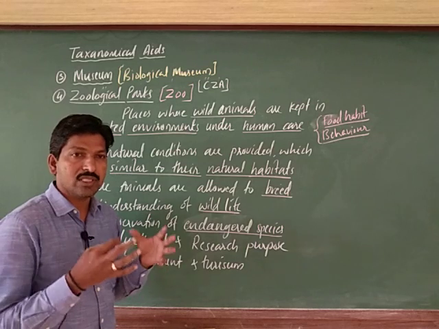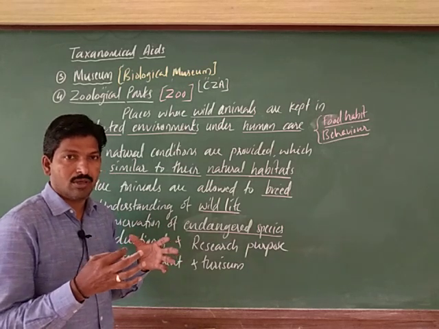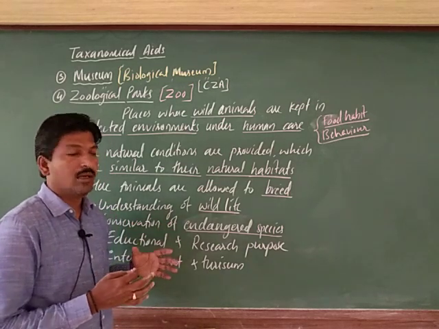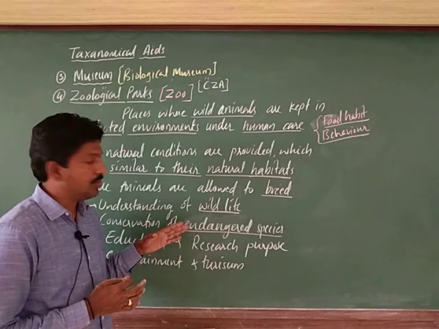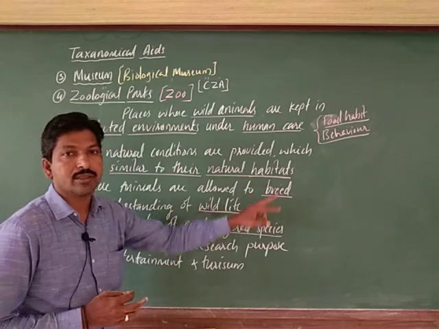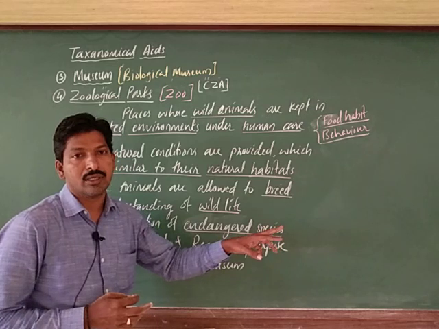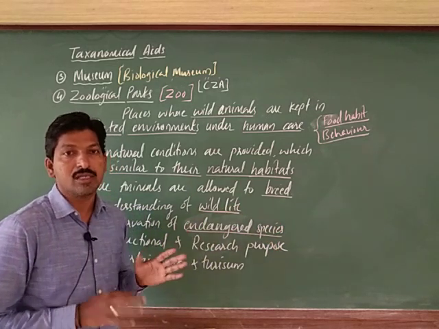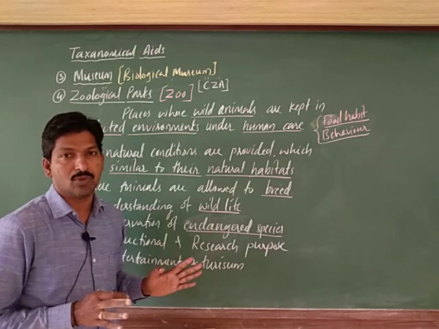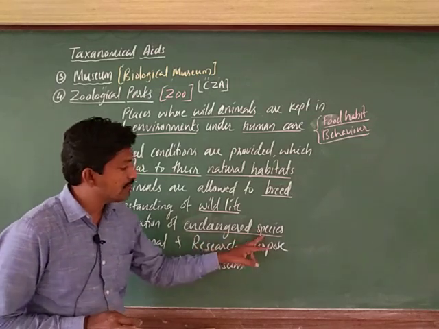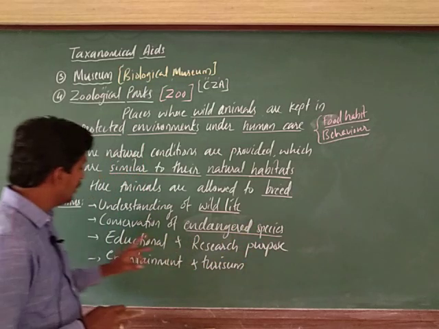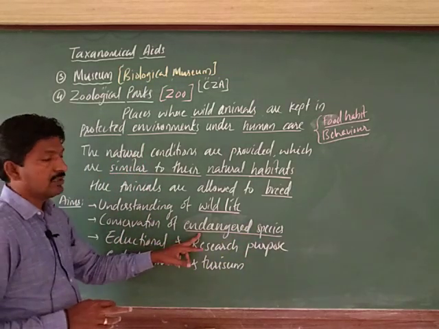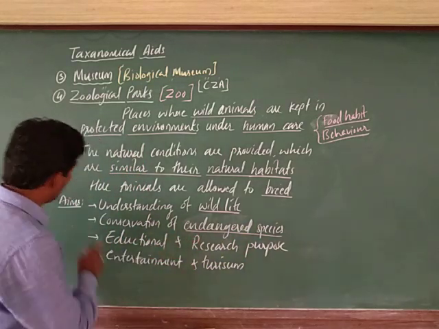Okay. So such species or animals are protected here and allowed to breed, so that they continue their progeny. It can stop the extinction, ಅಳಿದು ಹೋಗ್ತಕ್ಕಂಥದ್ದನ್ನು ಸ್ಟಾಪ್ ಮಾಡಬಹುದು. That is endangered species. So conservation of endangered species is important here, that is one of the aims.